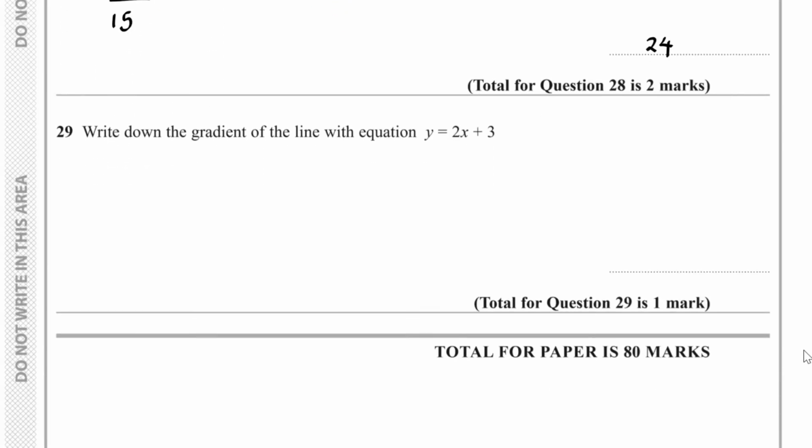And now for question 29, we have to write down the gradient of the line with the equation y equals 2x plus 3. Well, if we compare this to y equals mx plus c, m over here is our gradient, c over here is our y intercept. So therefore the gradient here is equal to 2. Okay,